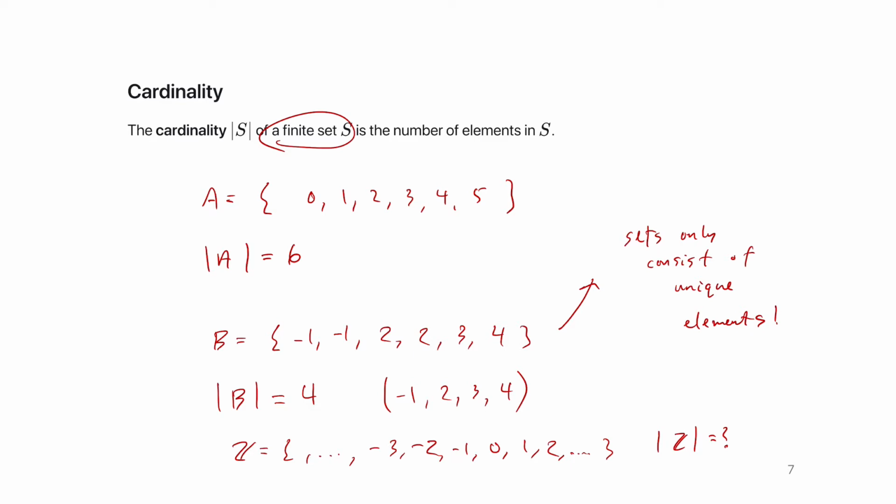For B, we've got duplicates, right? For example, we get another set C, {-1, 2, 3, 4}. Can we say that B equals C? Well, it's really that B is not this. B actually is the set with just -1, 2, 3, 4. So you can. But you'll never really see an example out in the wild where there are duplicate elements in a set, because that's just not allowed. Is that okay?